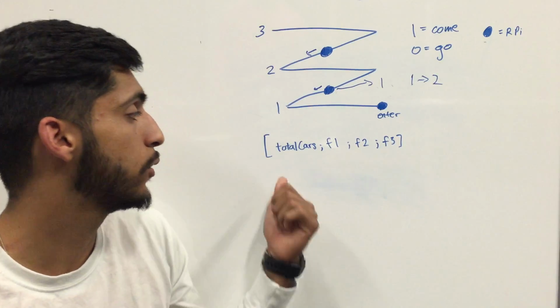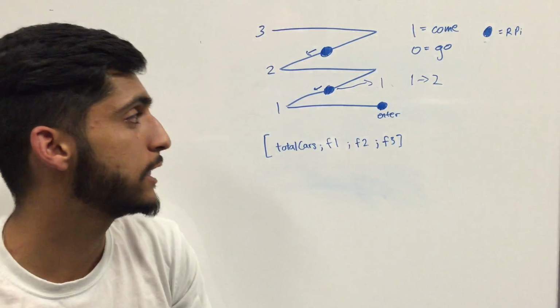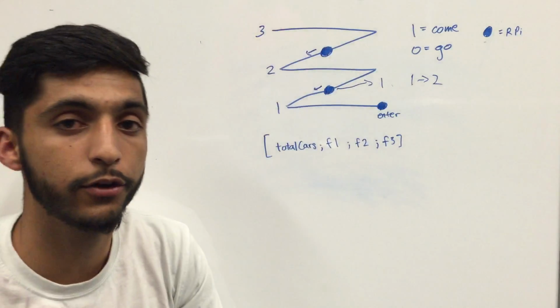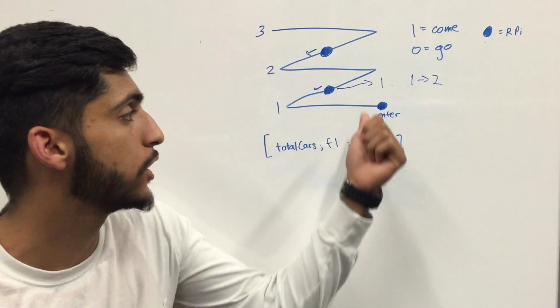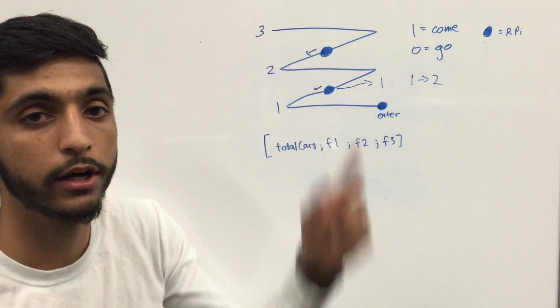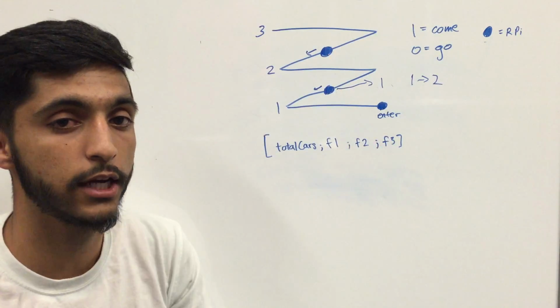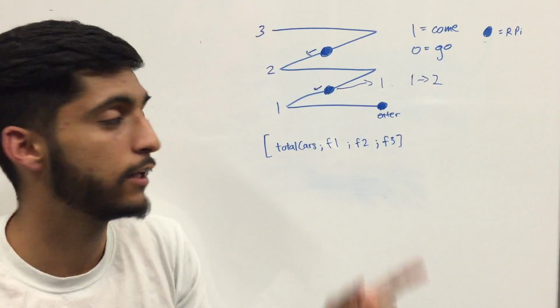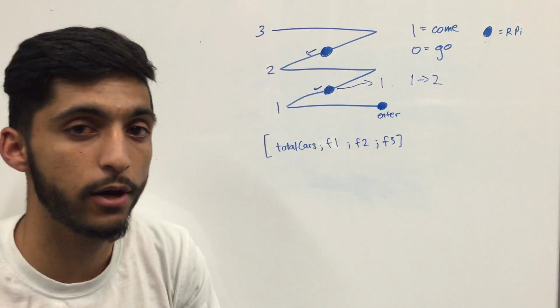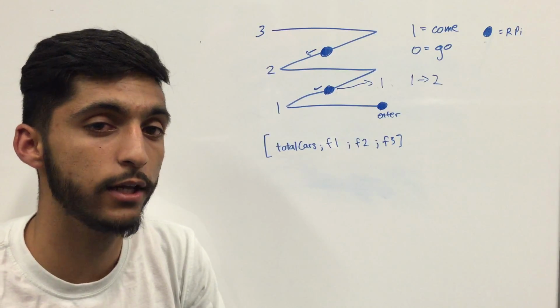We want to know the total car count so we can account for lag. For example, if there's only one spot left on the 3rd floor and a car enters on the 1st floor, we won't know that spot is taken until that car gets there. And say that car is on the 2nd floor and a car on the 1st floor decides to enter again. Then we should tell them that spot is taken. Essentially, we are trying to predict what spot the car is going to